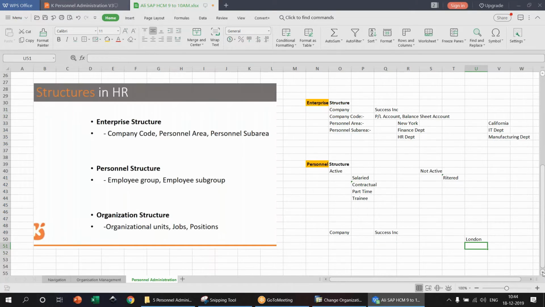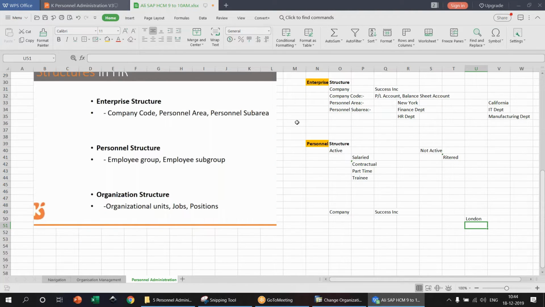How will I create the enterprise structure? I mean, for London, there can be one in Manchester. Their finance department can be in Manchester, their HR department can be in Birmingham, and then their IT department can be in